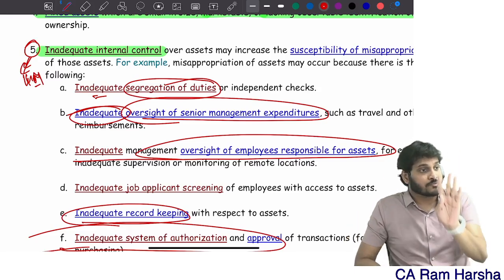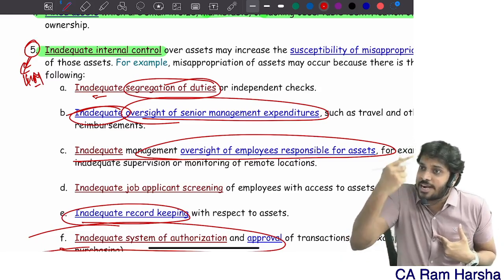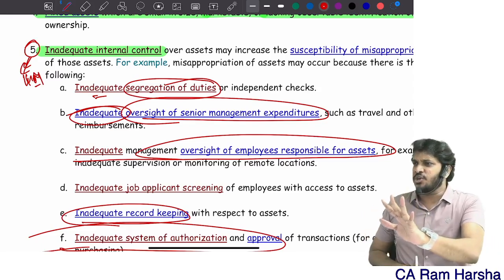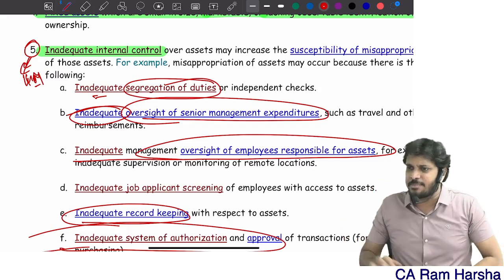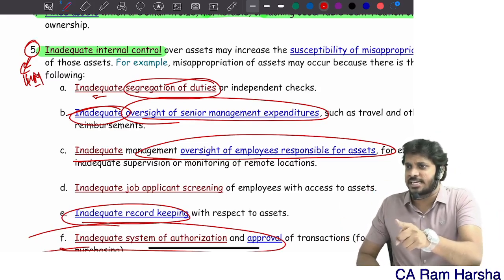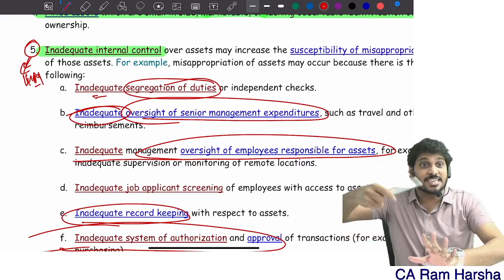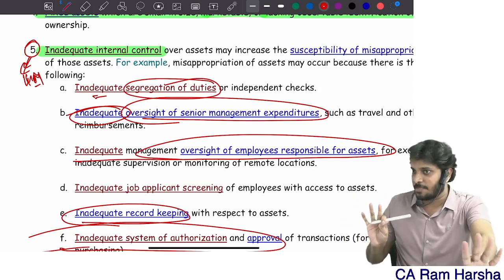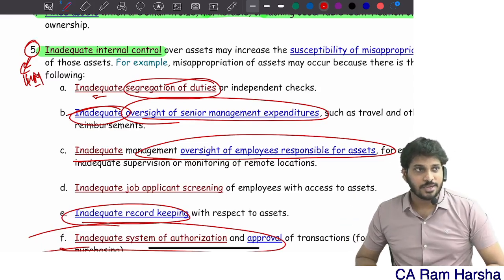Or they may ask you as a 4 marks question, what are the auditor's responses to the risk of overriding of controls? Whether you assessed it or not doesn't matter. Whether you found overriding of controls or not doesn't matter. You must test some sample transactions. You must review accounting estimates. All that you must do, right? Whether the risk of overriding is there or not. Clear? 1 minute. Okay.